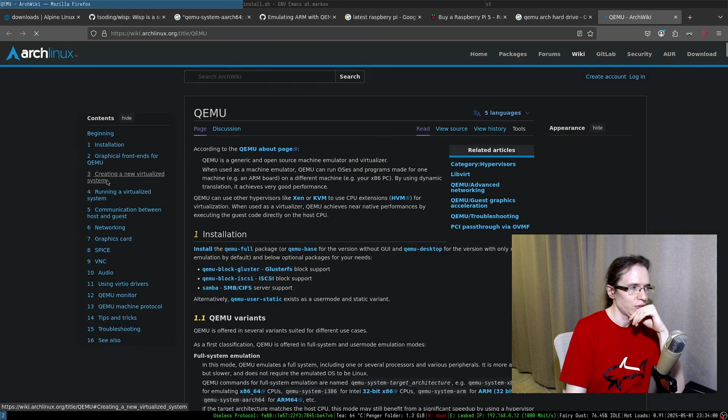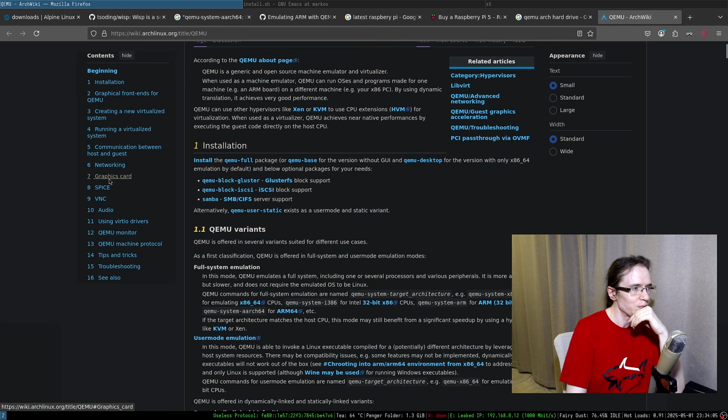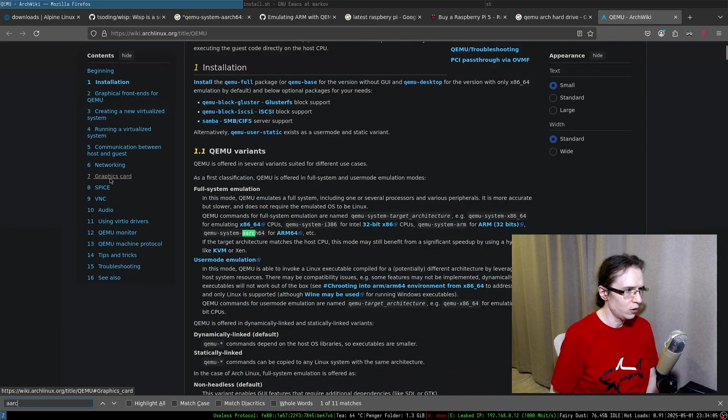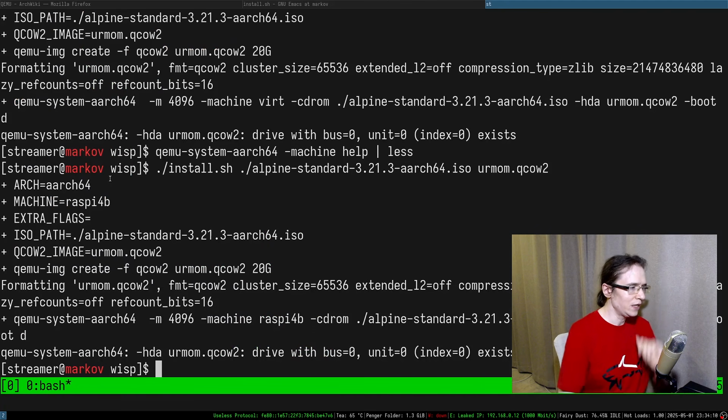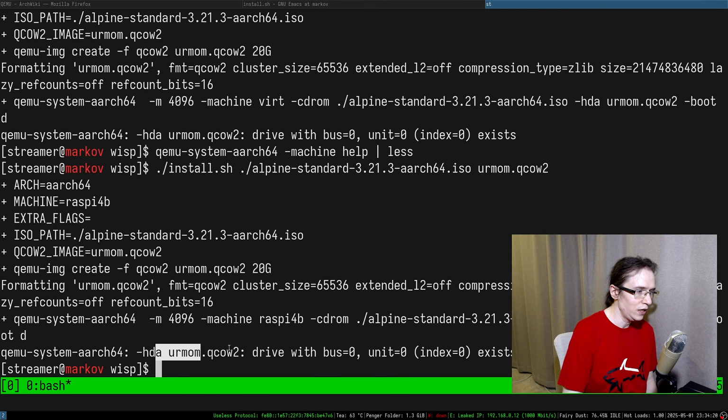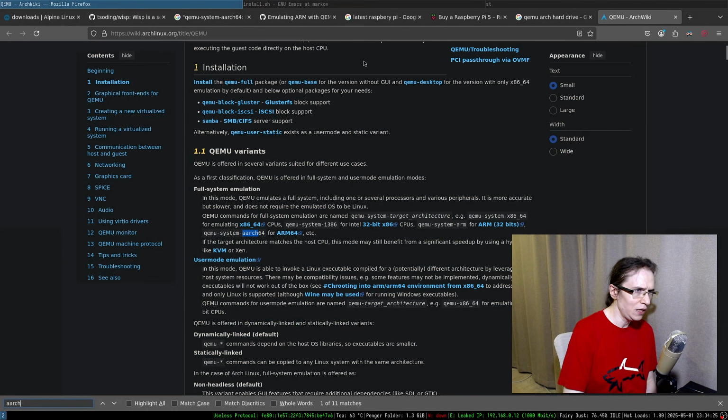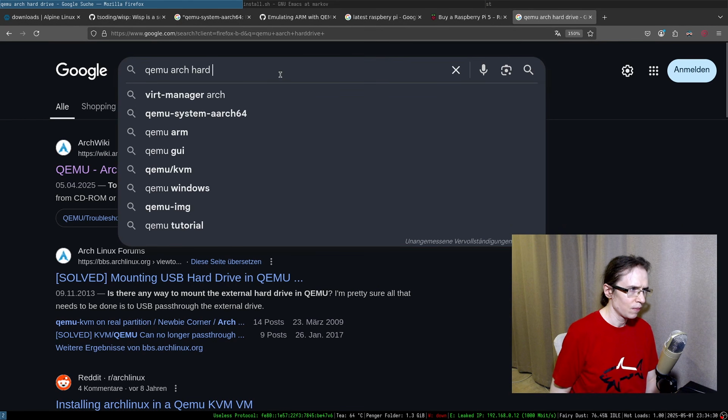What's interesting is that the error message is not particularly helpful. It literally doesn't say anything. It's just: drive with bus 0 unit 0 exists. Okay, so maybe another thing we can try.